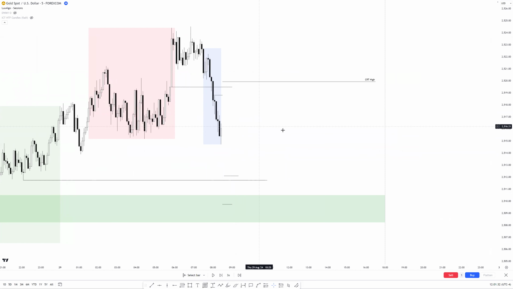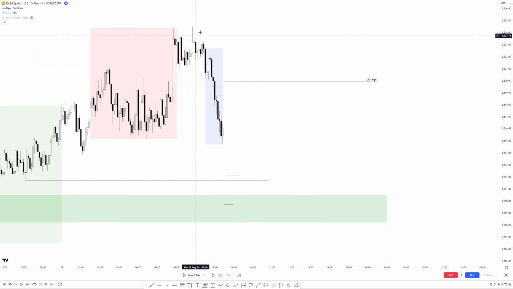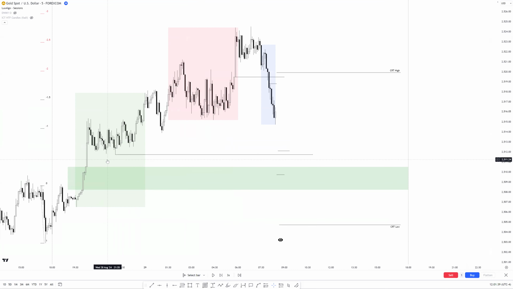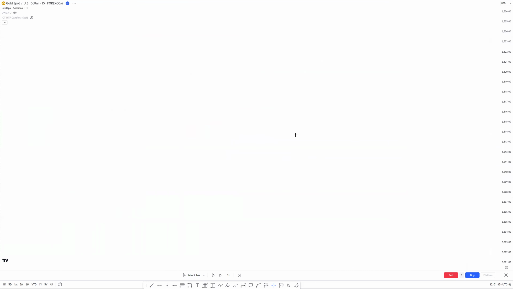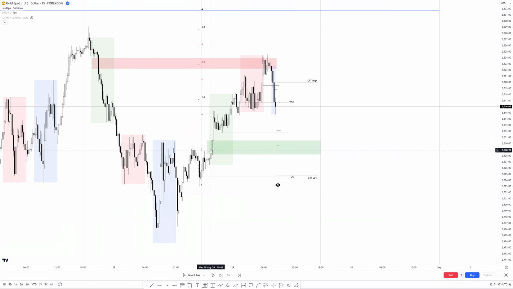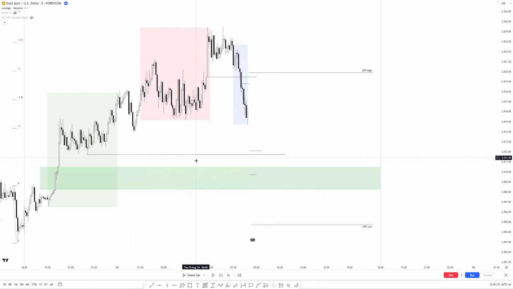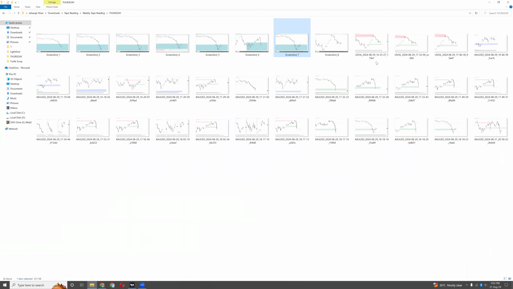So this is the 5-minute chart. I was targeting this drawn liquidity, but obviously at my key level, this was the minimum liquidity for me to be swept, and I selected the last fair value gap of the 15-minute time frame. This was the last fair value gap I selected on the 15-minute time frame. The drawings are the same as Thursday. If you can see,